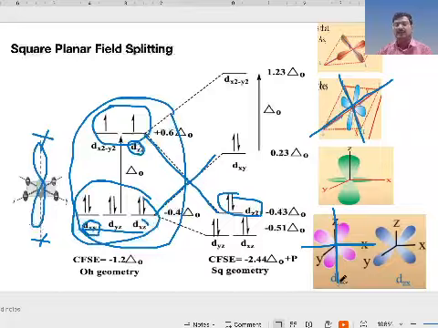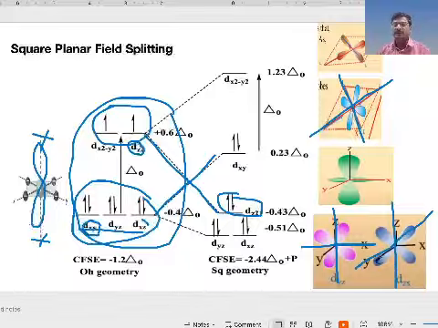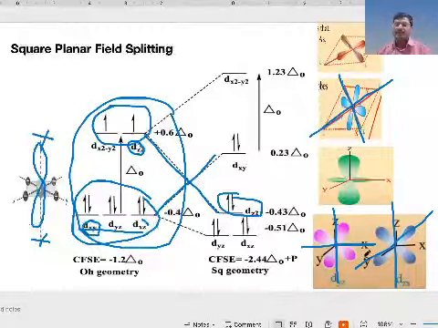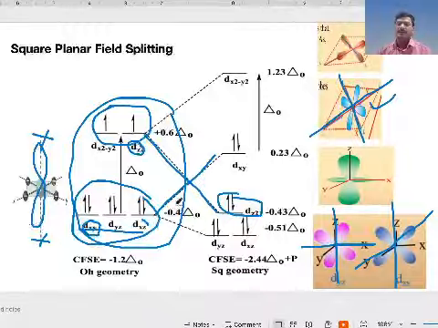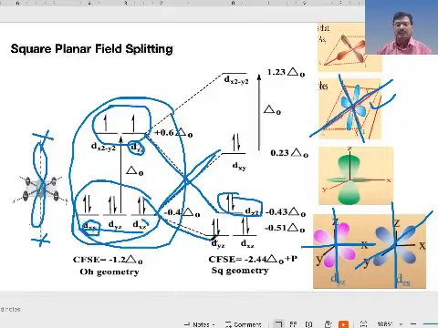Generally, in this case, the lobe is present between the x and z. The ligand is present on x and y. The lobe is present between x and z. Here the lobe is present between the y and z. So that means these two orbitals are a little bit far away from the ligand compared to xy. That's why the xy orbital is gaining a little more energy, and the yz, xz orbitals are moving to a little bit